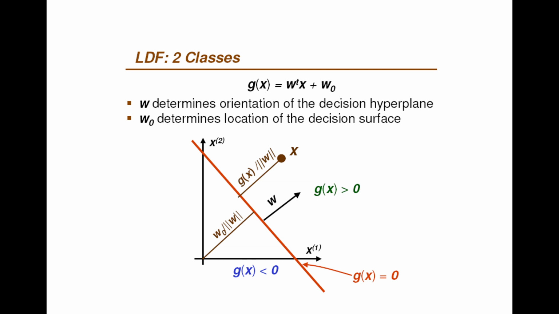So what happens to W naught? W naught is nothing but the distance from the origin. This is what you call the intercept in a linear fashion. The intercept is how far away the line is from the x axis, the y axis or the origin point. So with respect to this line, W naught is nothing but the distance away from the origin, or in other words, the positioning of your line is controlled by W naught, and the orientation, the tilt, whether it should be vertical, horizontal, what slope it should have,